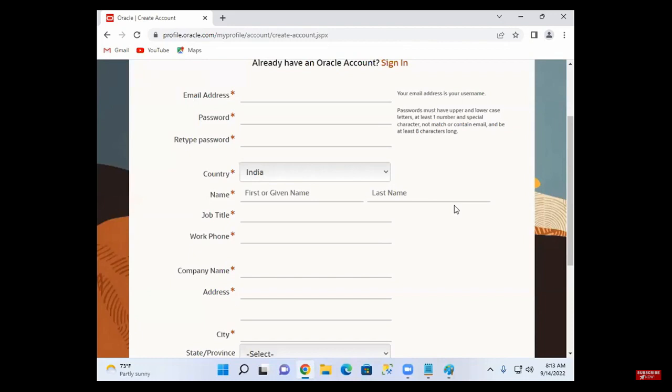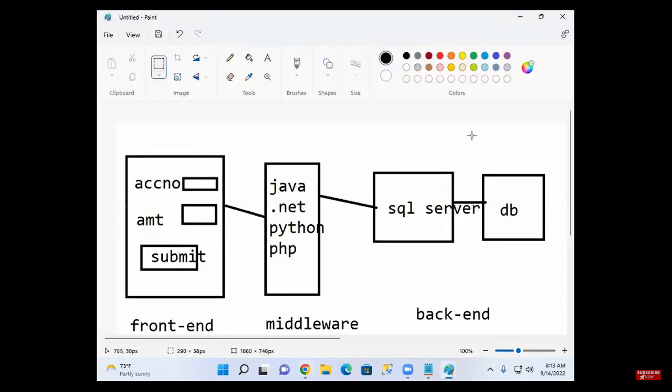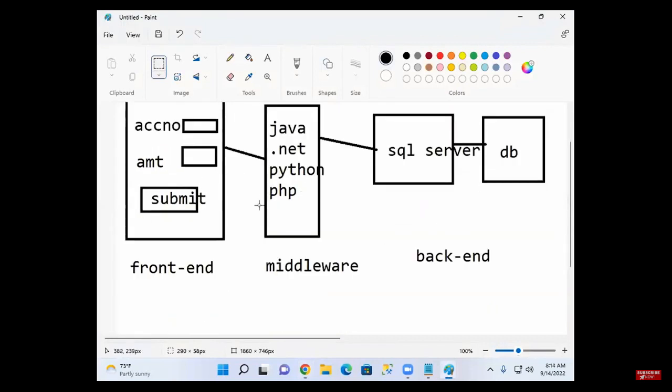By using some middleware like .NET, Python, etc. So by using these three, you can develop projects, not with only SQL Server or only HTML. If you attend HTML and the faculty says we'll see some projects, that means only these forms, but the data is not stored. Understood? So for developing a project, you need these three.